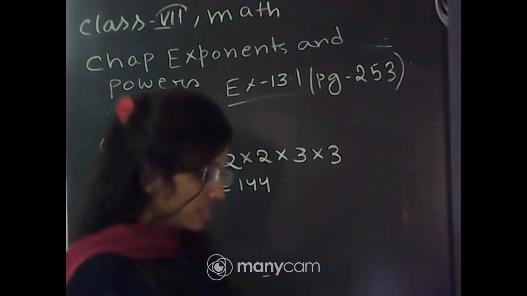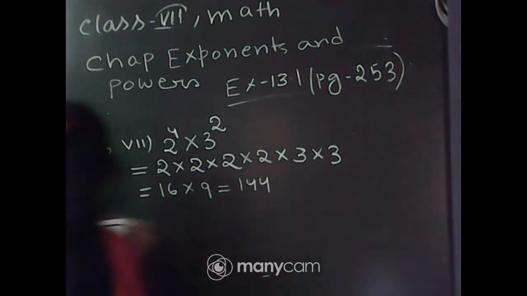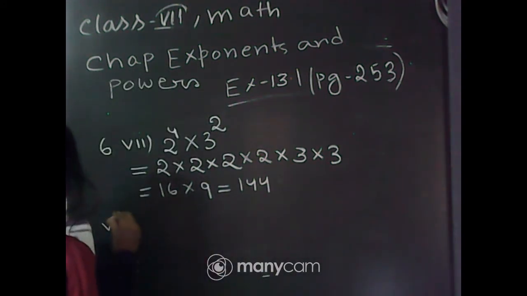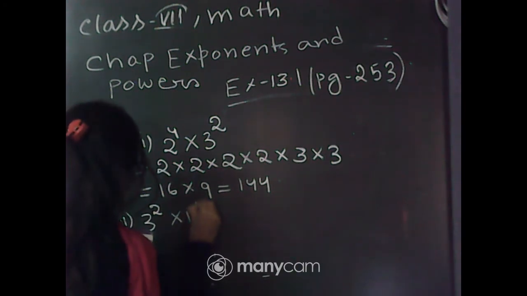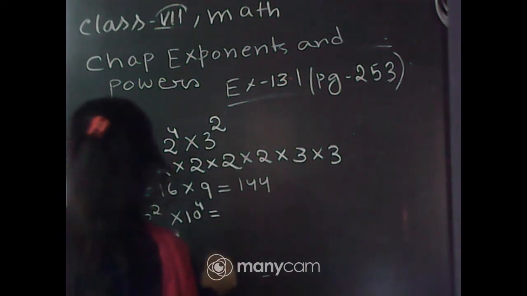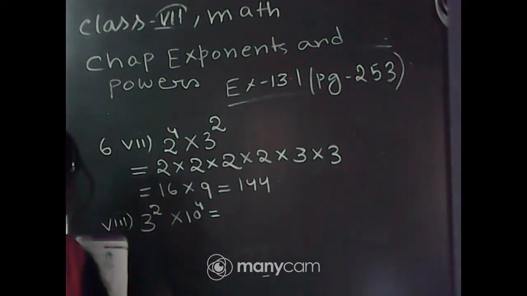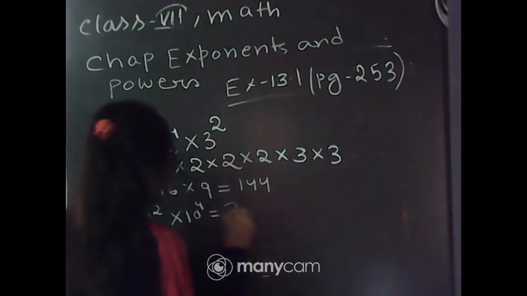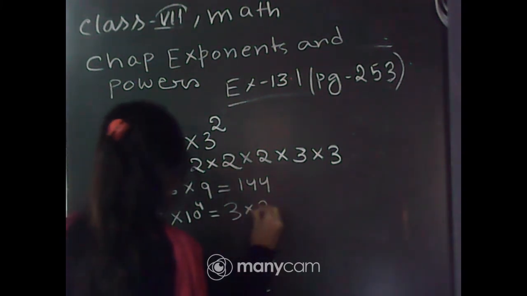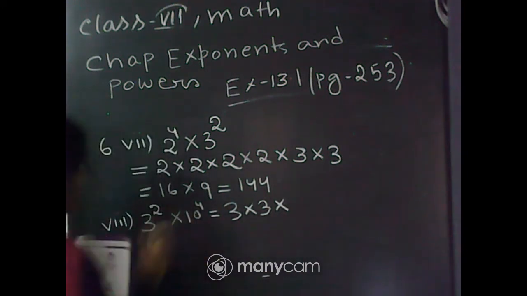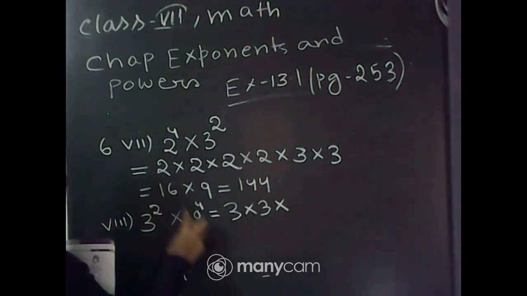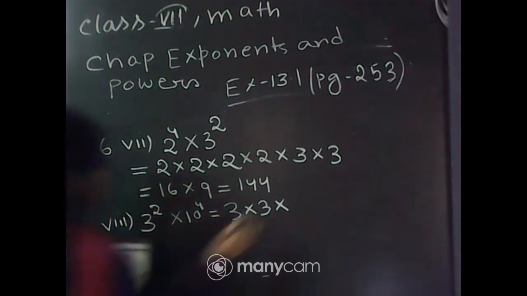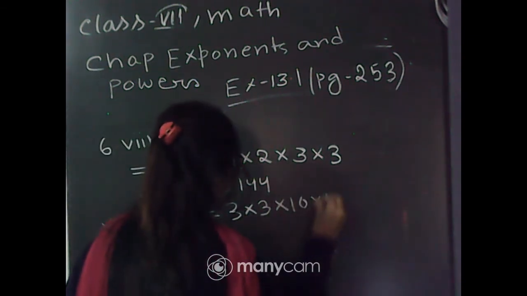Next, question number 8. We have to find the value of 3 square into 10 to the power 4. Here 3 is the base and 2 is the exponent or power. Since the power of 3 is 2, we write 3 two times, and here 10 is the base and 4 is the exponent. Since the power of 10 is 4, we write 10 four times,